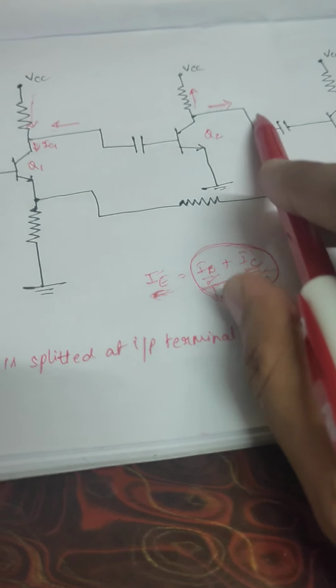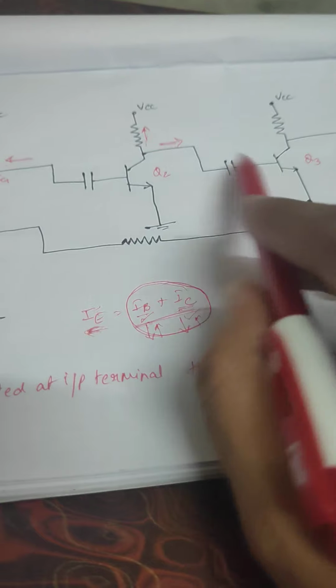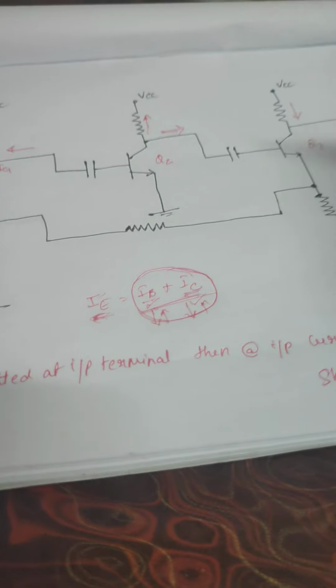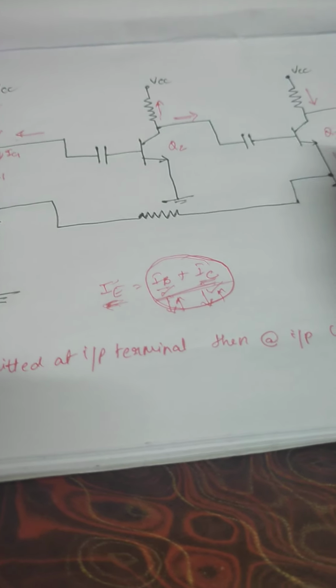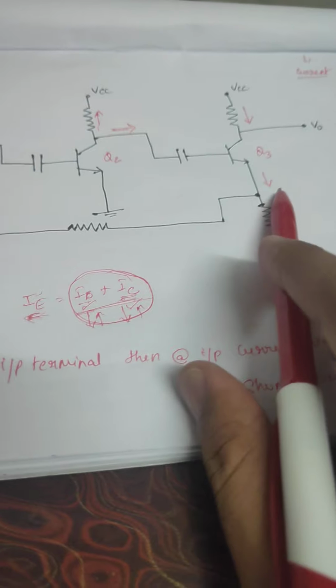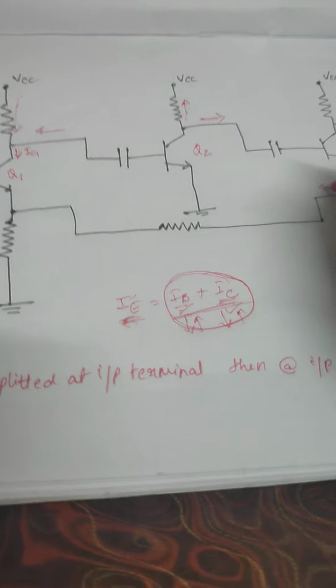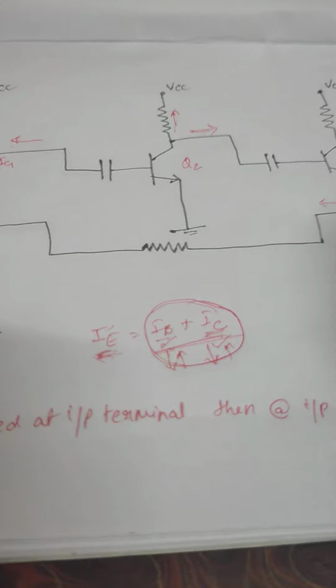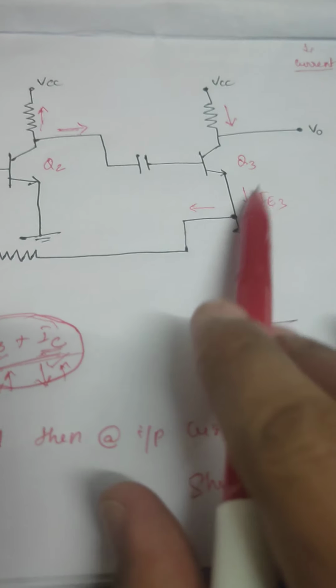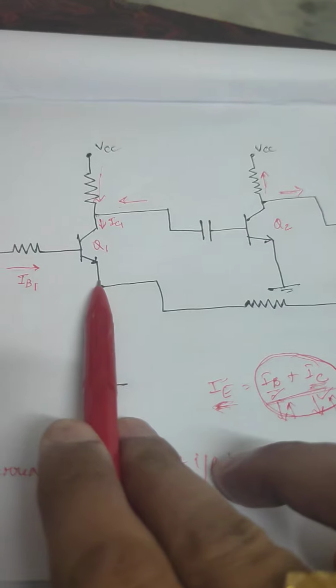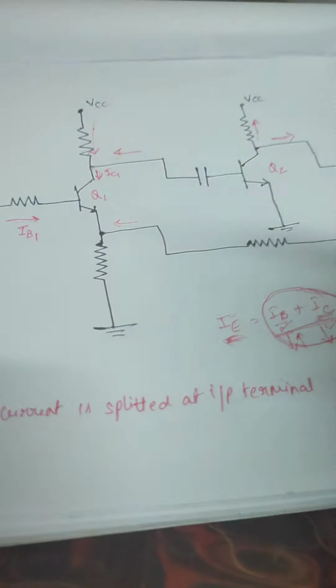This becomes the base current of the transistor Q3. That means the base current is entering the transistor. Hence I have to mark the entering of IC here, which indicates the leaving of the emitter current, right? So whatever current generator is there has to leave. These are the two. IE3 has to leave from each and every terminal belonging to E3, emitter 3. If you observe, the leaving current is going to enter Q1. That means it is going to be present here.